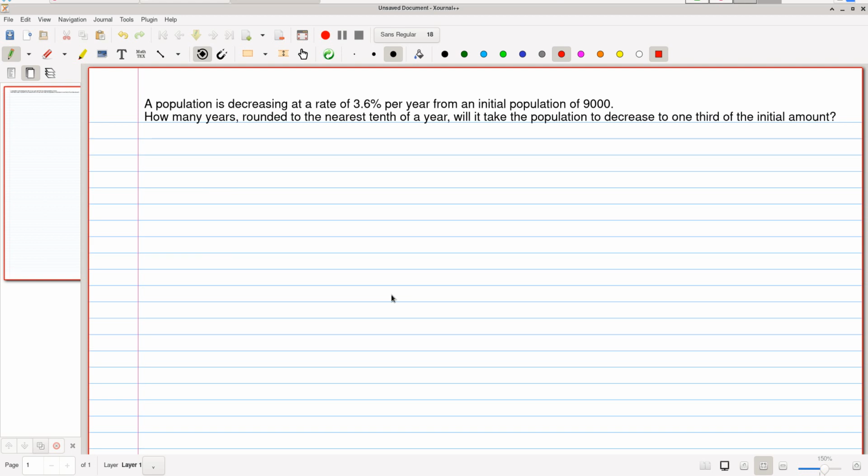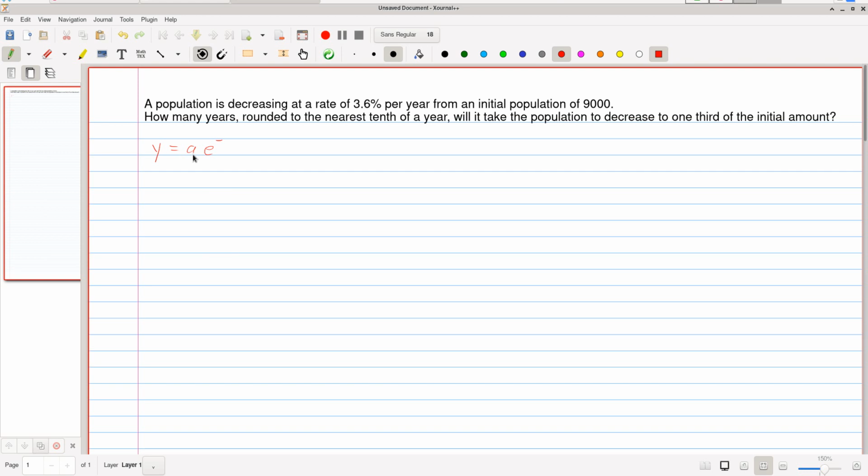A population is decreasing at a rate of 3.6% per year from an initial population of 9,000. How many years, rounded to the nearest tenth of a year, will it take the population to decrease to 1/3 of the initial amount? This is a decrease problem, so we're going to write down the formula for exponential decrease,